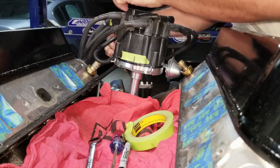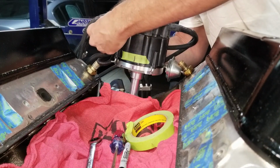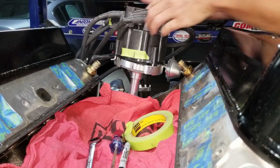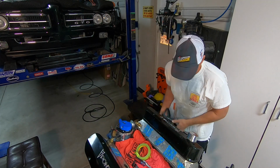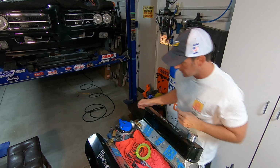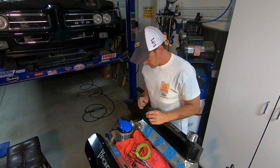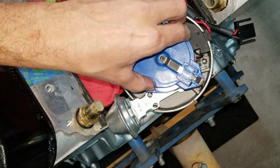Oh, almost forgot. I have to unplug it. This is what's sending all the juice. So, little plug on the side. And there she is. So I can set the cap aside. Now when you look down on the distributor cap, and I will go ahead and get a better view. Here's the better view. So here's our rotor,